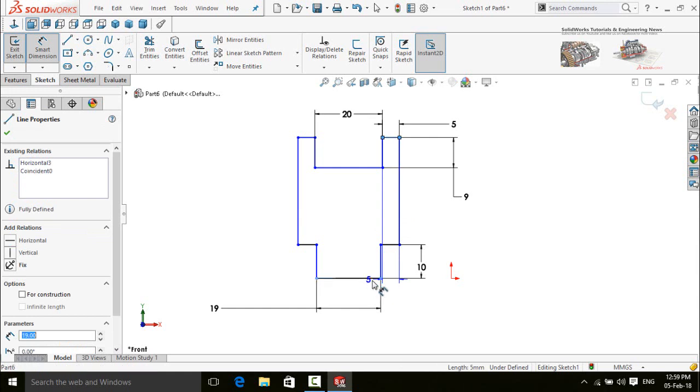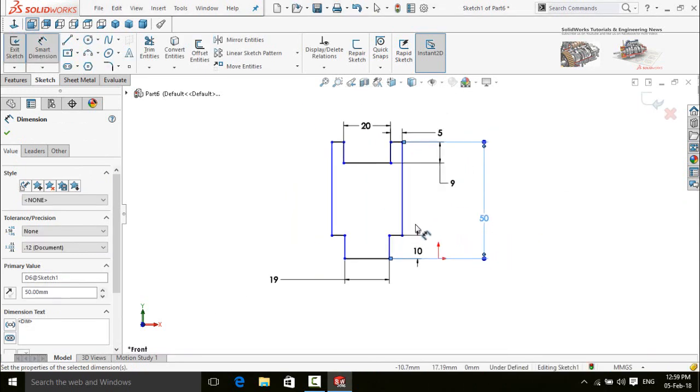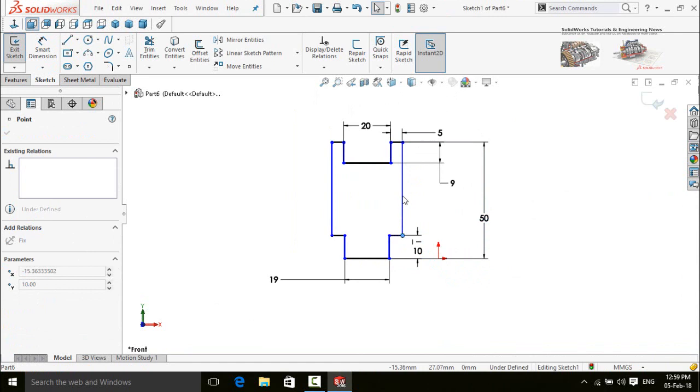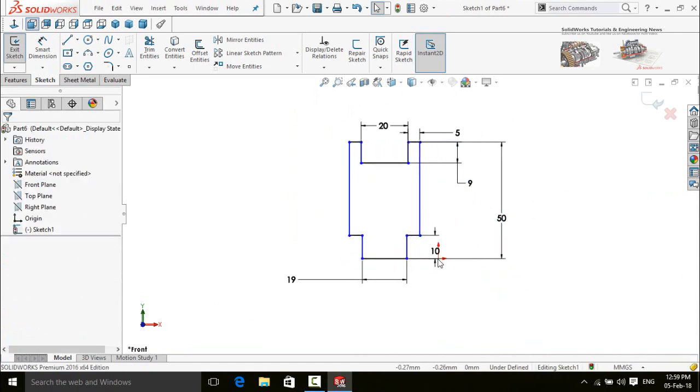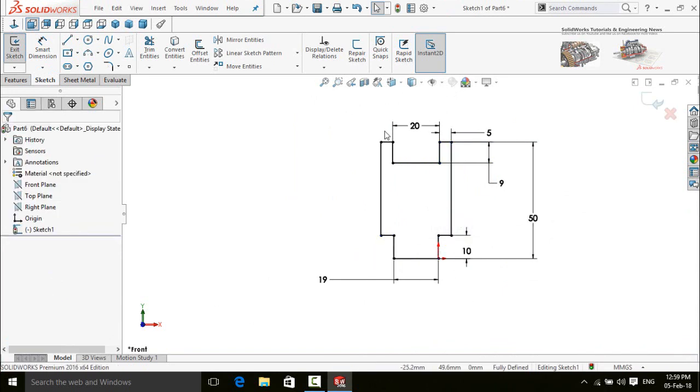Now define the overall length, which is 50 millimeter. Press escape button, then press and hold the Ctrl key and select the origin and then this point. Make their relation coincident. Now you can see the sketch is fully defined.